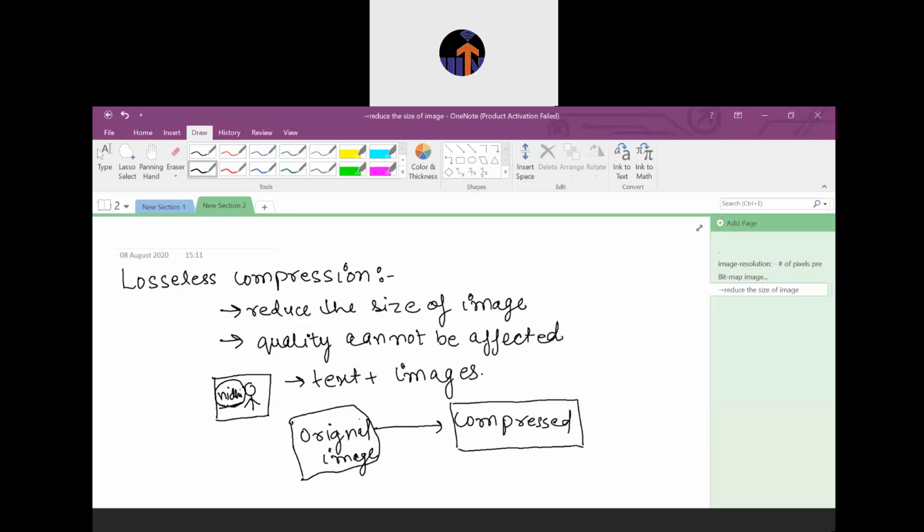One important point is that when you apply the decompression algorithm over the compressed image, if it is lossless compression, then after applying the decompression algorithm you will get the same image as it is, because in this scenario you cannot compromise with the quality. So the same image or text or object is given back after the decompression is applied.